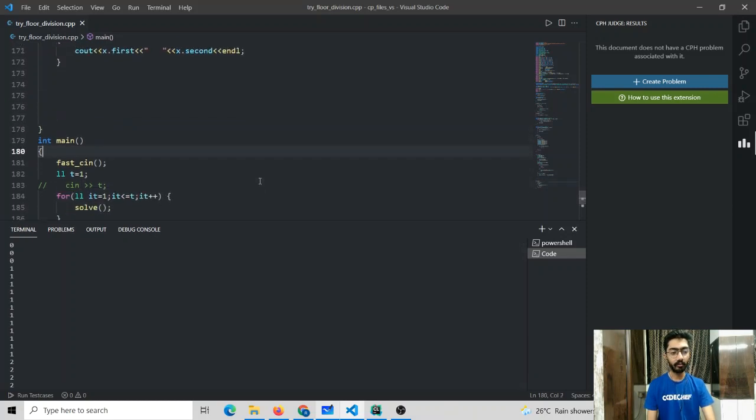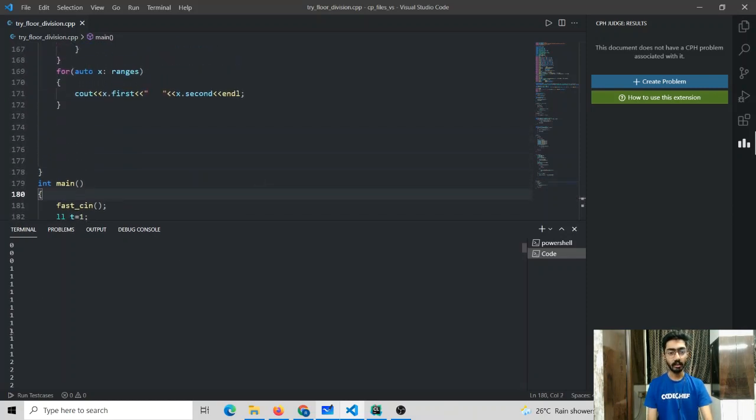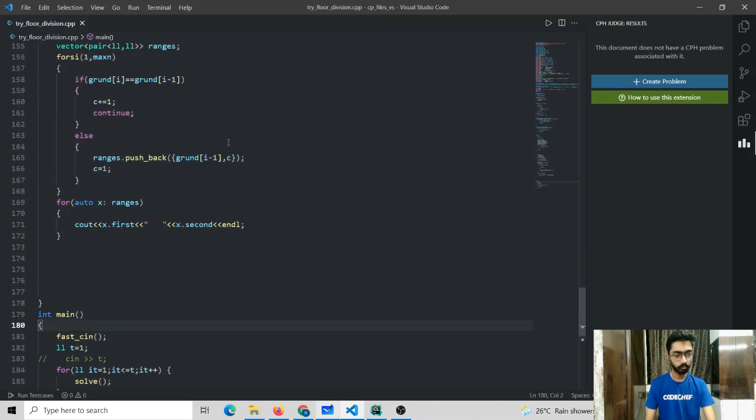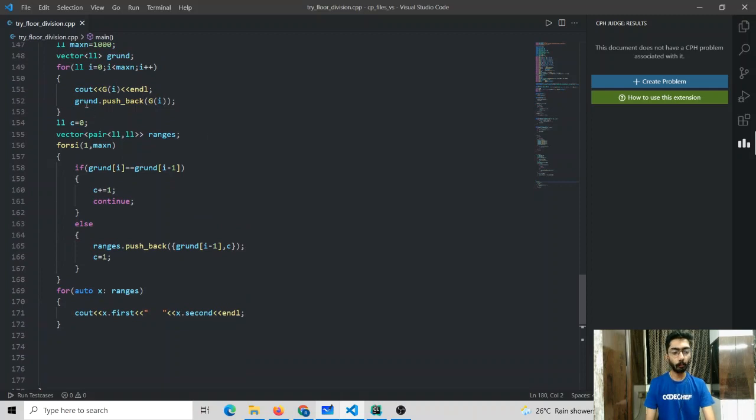So we can try to print this array on the basis of the number which is present and the size of the chunk, then the next number that is present and the size of that chunk, and so on. For that, since I have pushed all the Grundy numbers into this vector, I am iterating from 1 to max n, and if it's the same as the previous Grundy number, I just increment the length of the chunk. If it's a new number, I print the Grundy number which was used and the length of that chunk, after which I print all of these chunks.